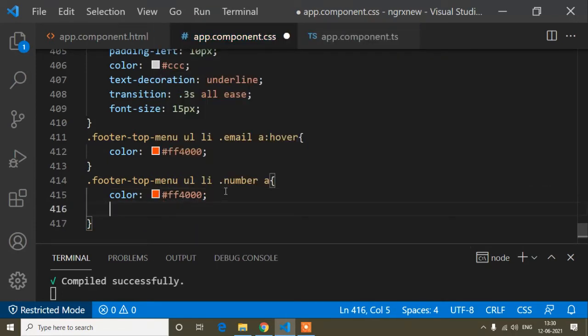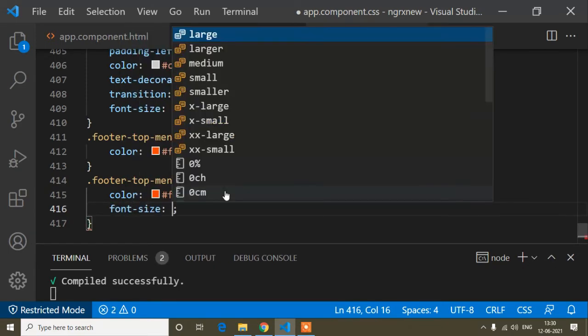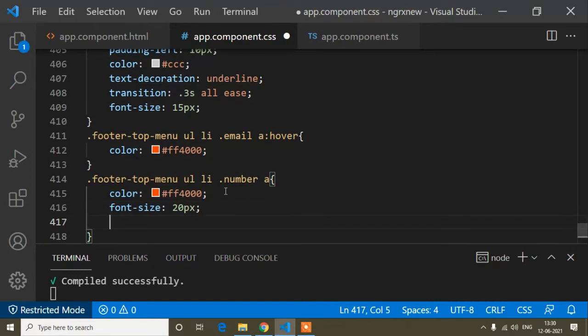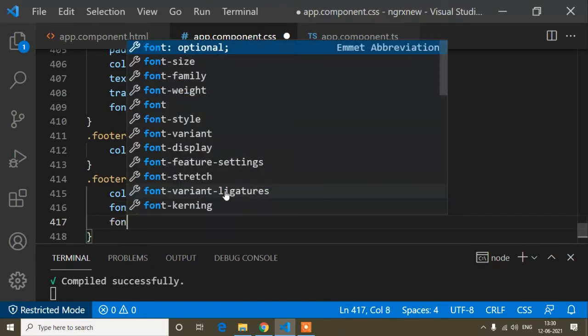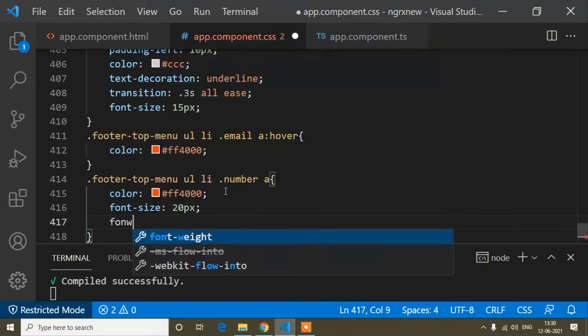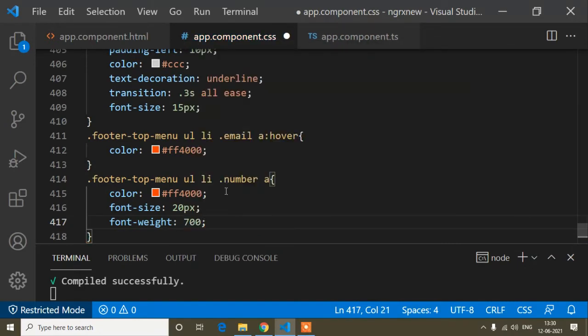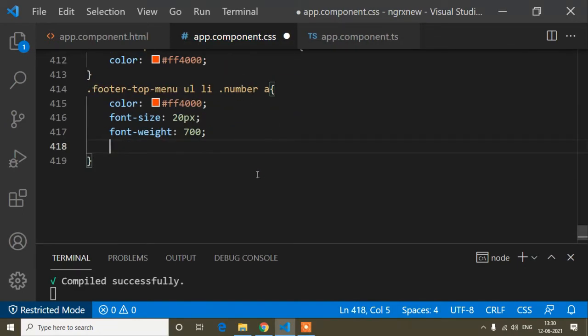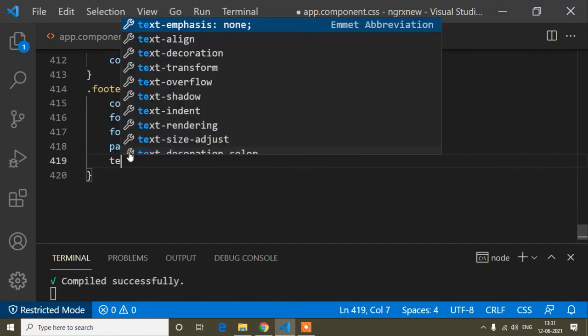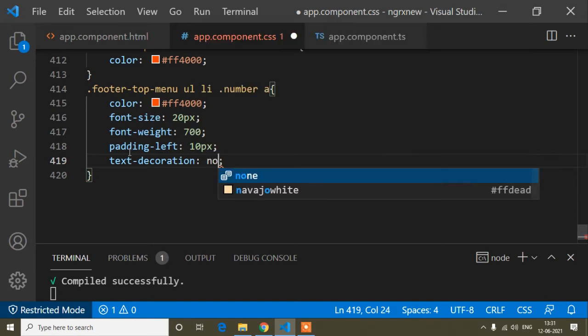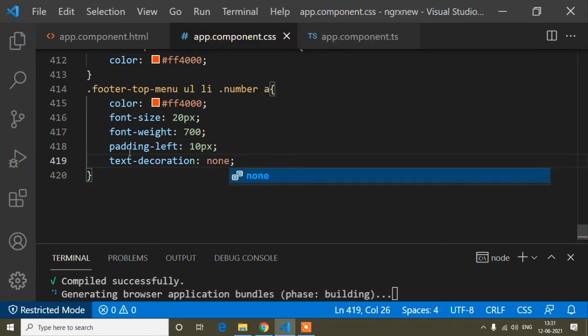Okay, so now the color code is added, and now font size, this one I will make bigger. So font size is 20 pixel, and bolder also. So font weight is 700, and padding left, because all the content needs some space, so padding left is 10 pixel, and here I will write text decoration none, because when we write an anchor tag, I mean this a tag